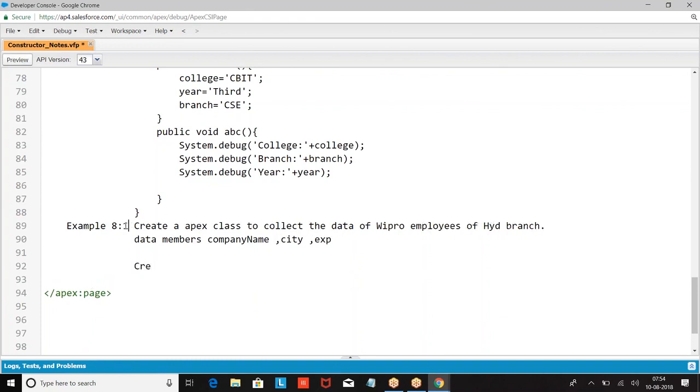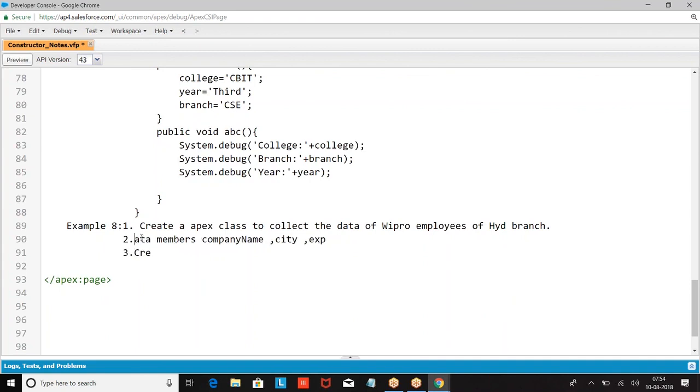Create a constructor with parameters, and assign company as